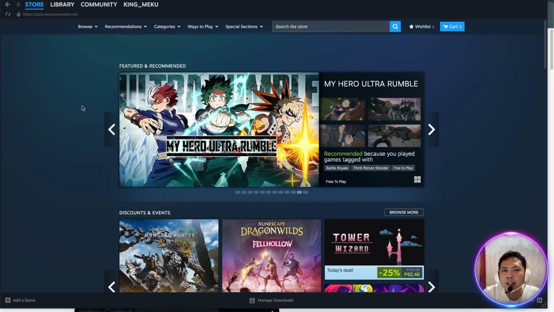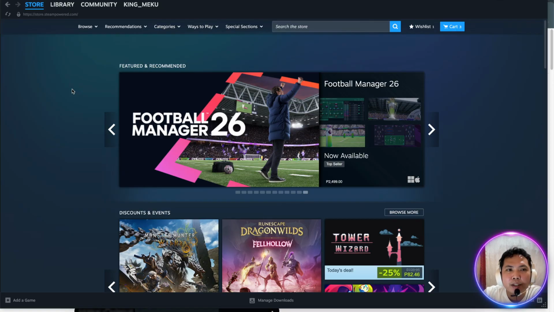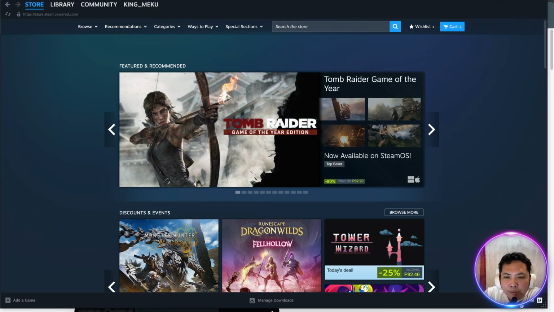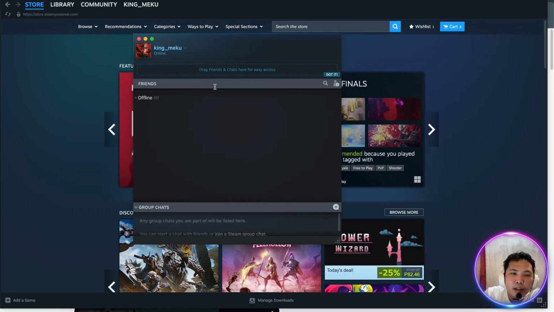So what we're gonna do, guys, you need to open your account, or open the software rather. After opening the software, you have to log in to your account, and after that, guys, as you can see, we have here in the lower right corner a friends and chat setting. You can click that icon, guys, and